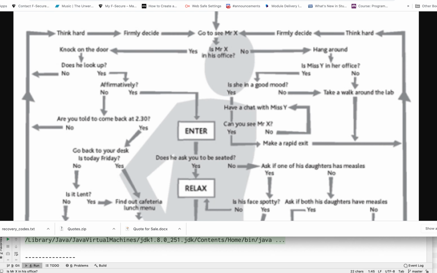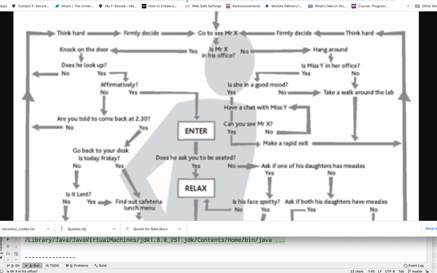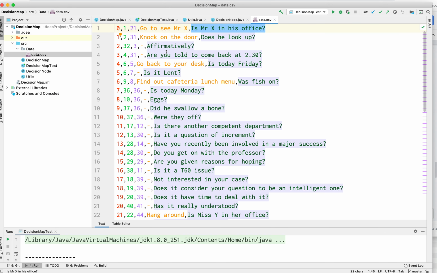Convert, first of all, build one, discuss with staff what would be a good map, then convert it into a comma-separated file and load it up into the application, into its data file. And then we'll move on to see how the code actually processes this, what changes you might need to make, and